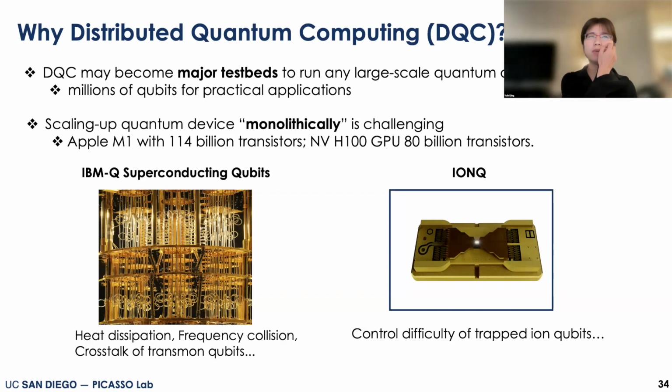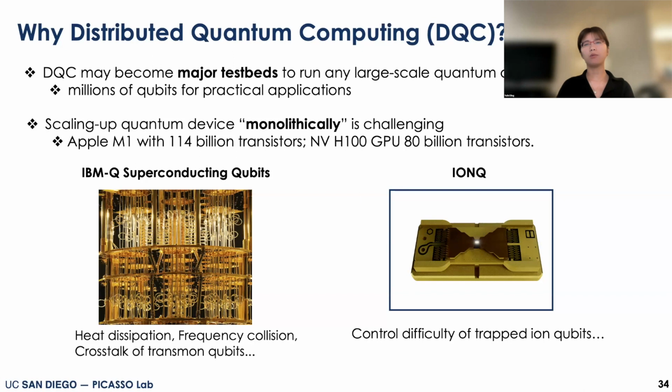For example, for IBM's superconducting devices, even though the chip is small, they can only be operated in a refrigerator at a low temperature, where the superconducting property can be manifested. That requires really good control of the heat dissipation. But if you have a lot of qubits, then you have to connect a lot of cables to control these qubits, and this cable heat dissipation could be the killer for us in scaling up.